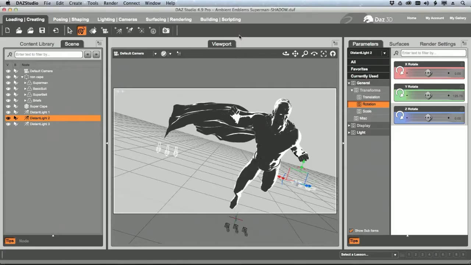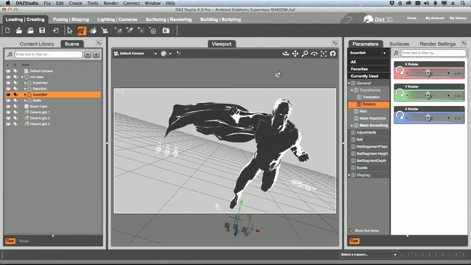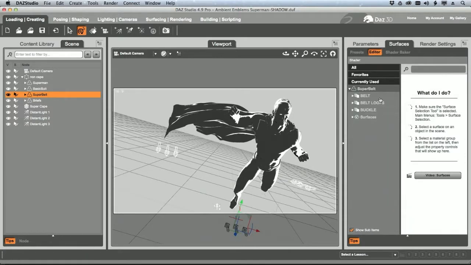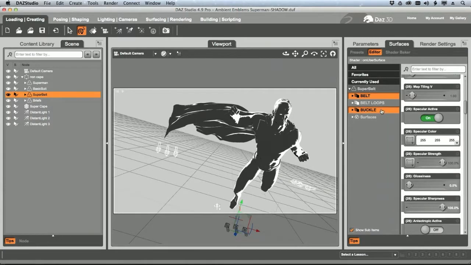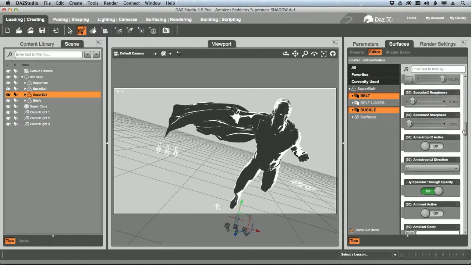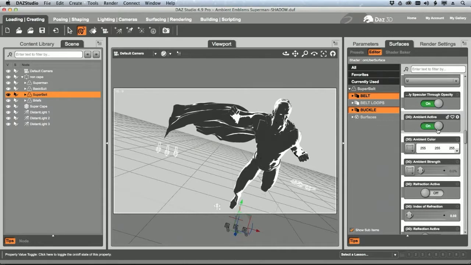And for the belt, that's going to be simple. I'll select it. Let's go to surfaces, and I'm going to select the surface areas that I want, and I'm going to scroll down to ambient, turn it on. It's at white, which I want. Kick it all the way up to 100. We can see over here that ambient, again, it's looking like a light. Shadows are not going to cover that. That's what we need. But I can't really do that for my torso area of my super suit